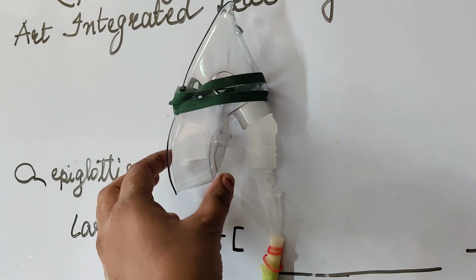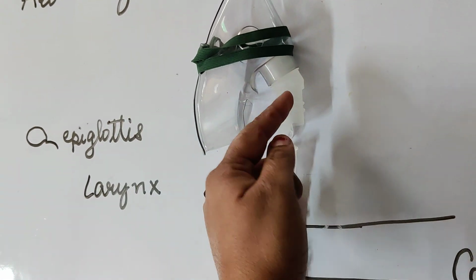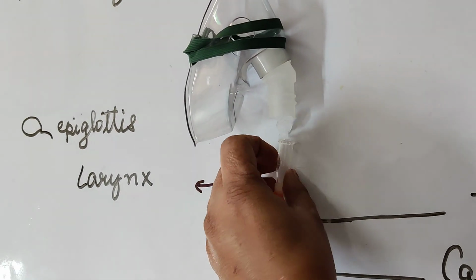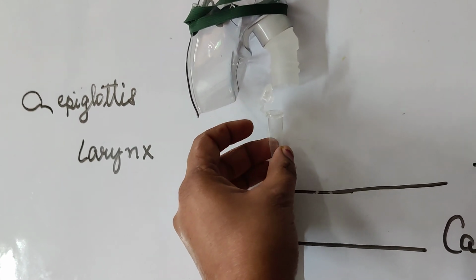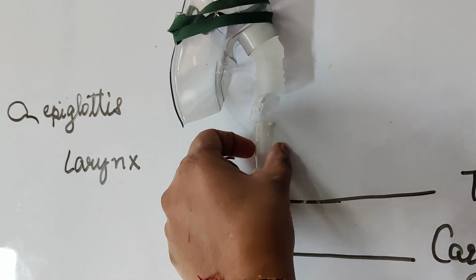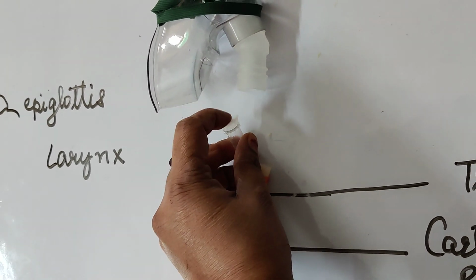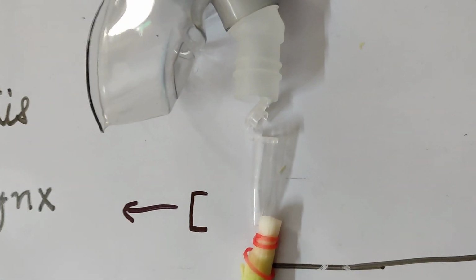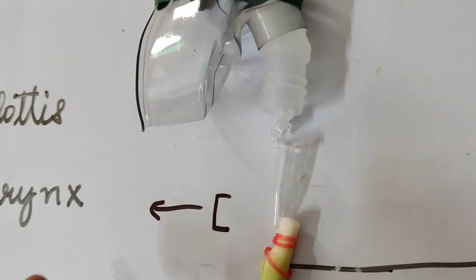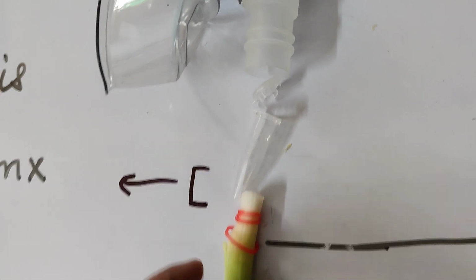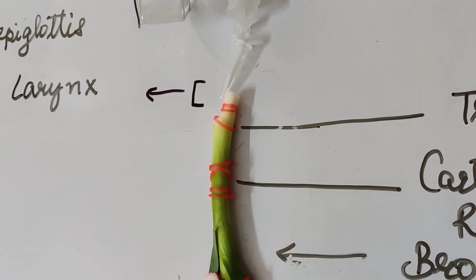So now, how this is my inhaler, right? So this is a very great way to explain your pharynx portion. And this particular tube was holding up a pen nib. So I tried to use it because it is a flapped one, so it will act as an epiglottis, right? See carefully, epiglottis, then this section, then comes the larynx portion, the voice box, then the tracheal rings, the cartilaginous rings. This is the trachea portion.